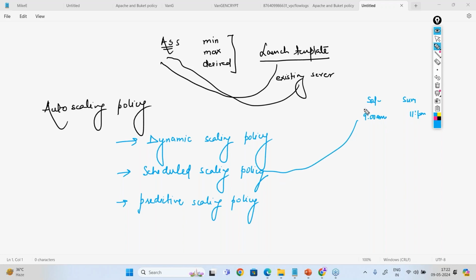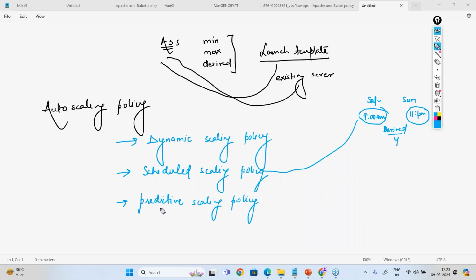I'll simply set that exactly at 9 a.m. until 11 p.m. you go with the desired capacity of 4 servers. So 4 servers will come into the picture and start taking your traffic, not an issue. Simple. In scheduled scaling, you specify the timing, you specify the desired value, and servers will come. Then you specify one more, that on Sunday after 11 p.m. you decrease my capacity, or let's say now desired is 1 only, so now 1 server will run. Exactly whatever you want to set, you can set it.